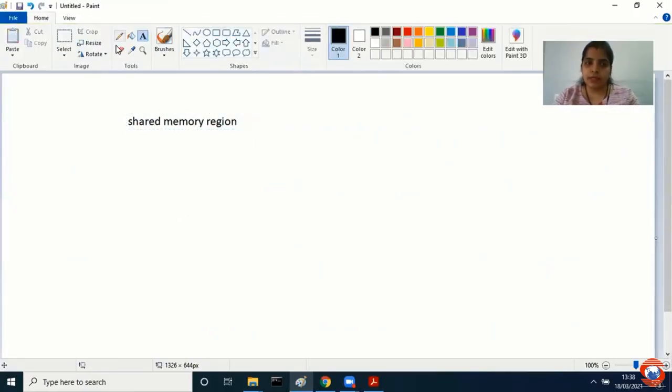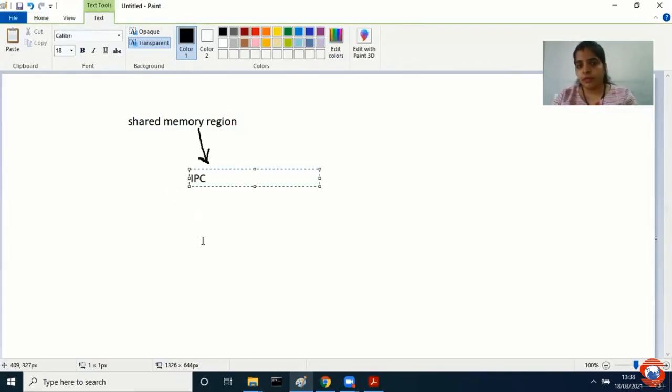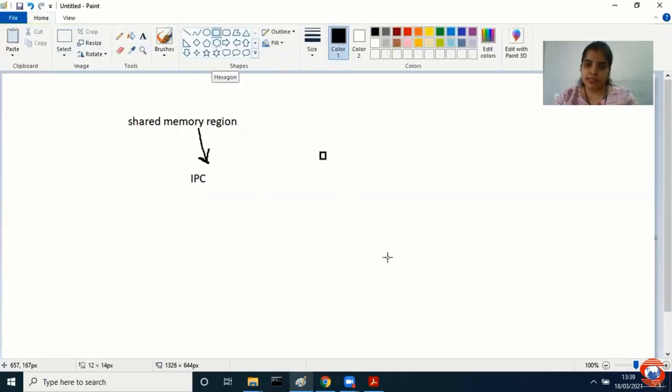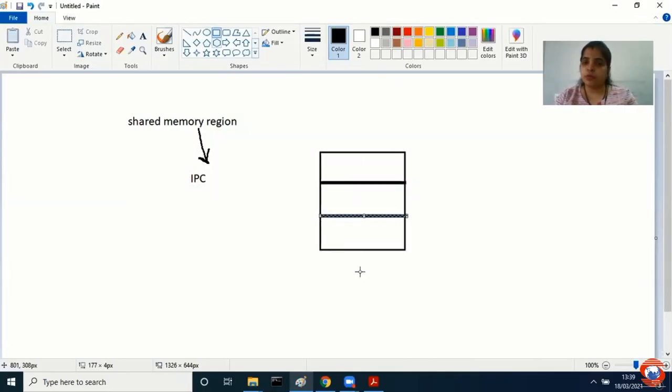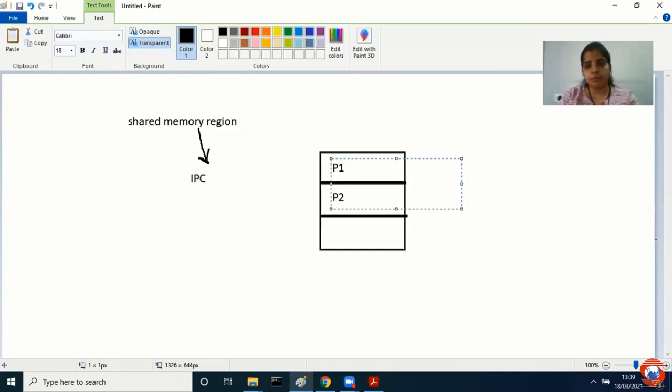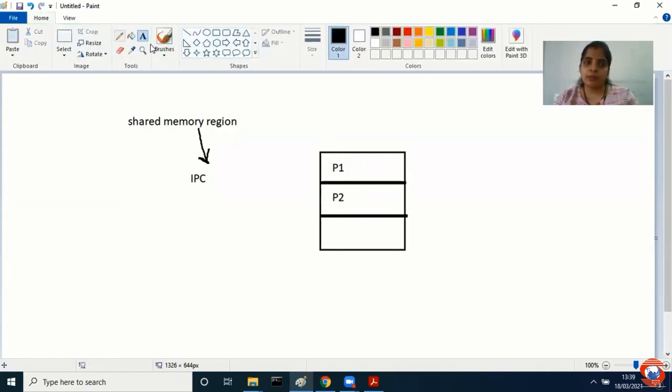Now, this concept I will teach you tomorrow in the topic called inter-process communication. But for the time being, I'll just give you an example. Suppose I have a process 1 and a process 2. This is my process P1, this is my process P2. If process P1 wishes to communicate with P2, and if process P2 wishes to communicate with P1, right? If these two processes wish to communicate, then due to security reasons, the operating system never allows them to